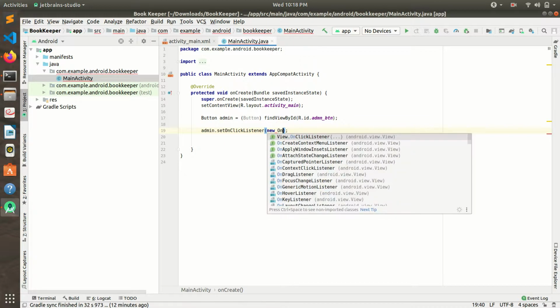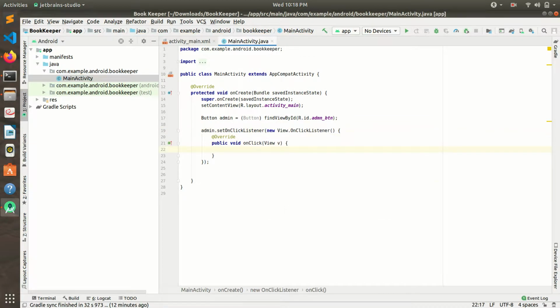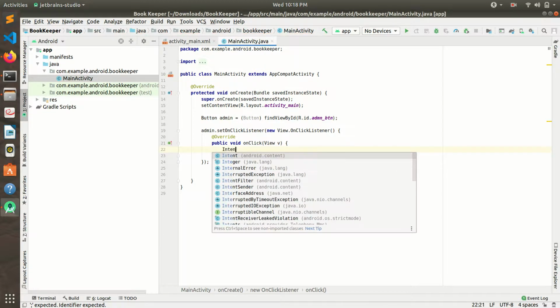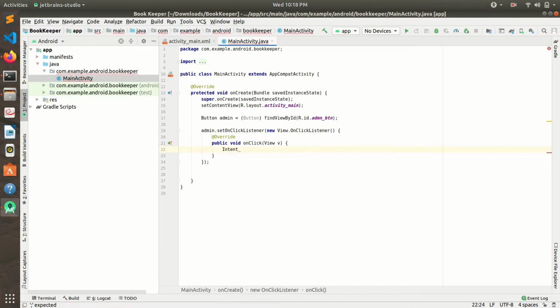So new on click, that is, whenever someone clicks on that button, what we want to do is start a new page on our Android phone. That new page can be started through an intent. So let that intent be i.